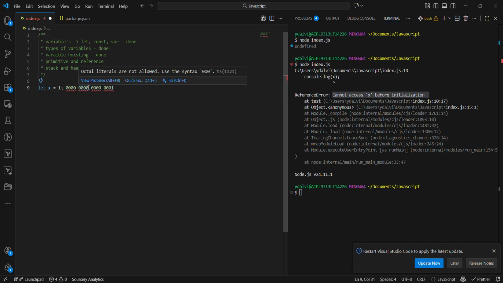This is the first byte, this is the second byte, 8 bits, and this is 1. So 2 raised to 0 is 1. Since this is just zeros and ones, we can get its actual value using 2 raised to the power and all. We are not going to go into that zone,